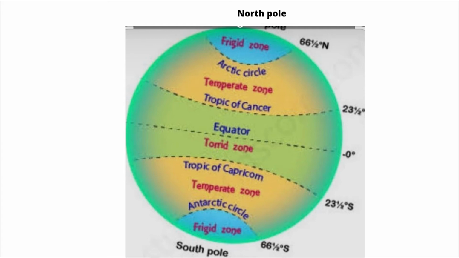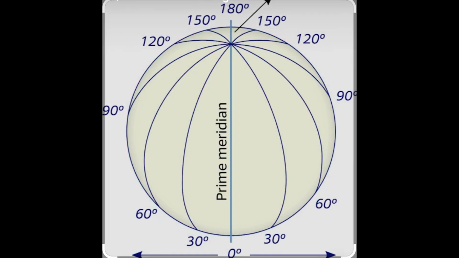The next topic is longitudes. Longitudes are imaginary lines which extend from the North Pole to the South Pole. These lines are called meridians of longitude. The distance between them is measured in degrees, and each degree is further divided into minutes and seconds. These longitudes are semicircles. The distance between the longitudes decreases as they move towards the poles, and becomes zero at the poles where all the meridians meet.